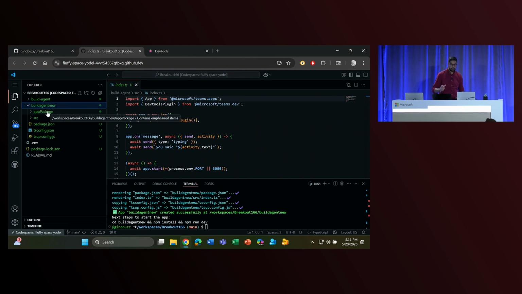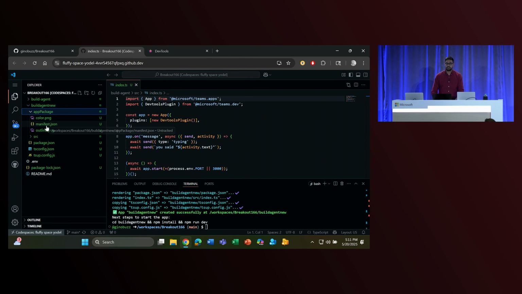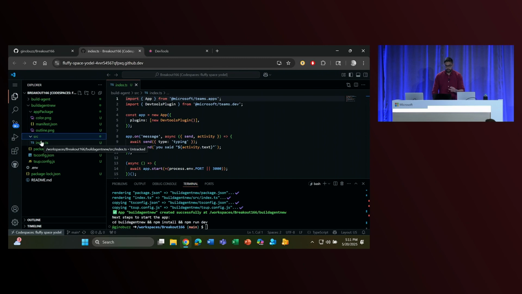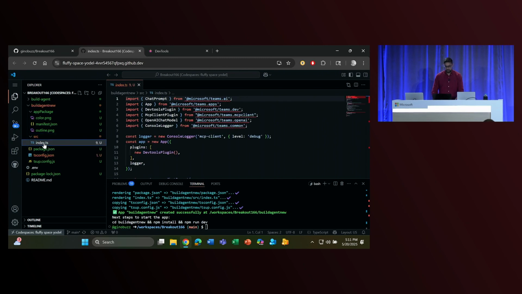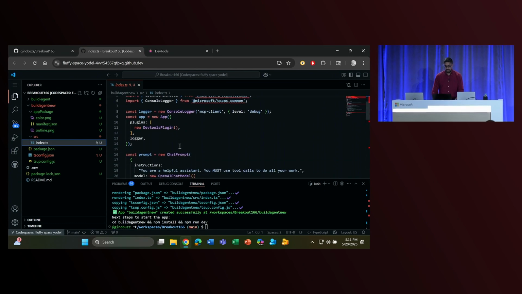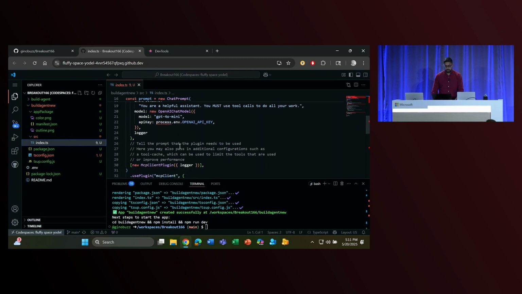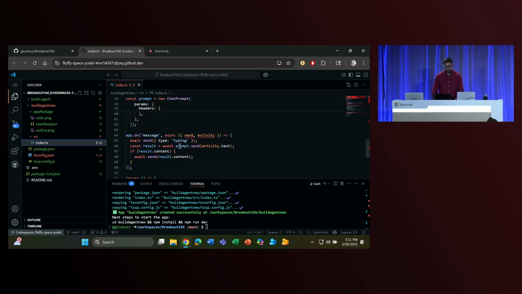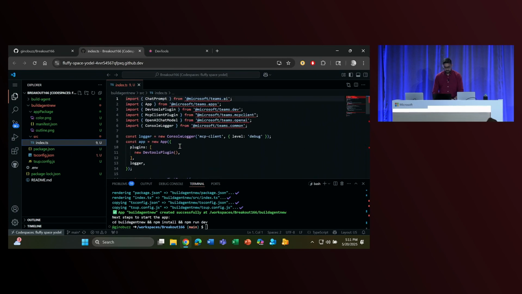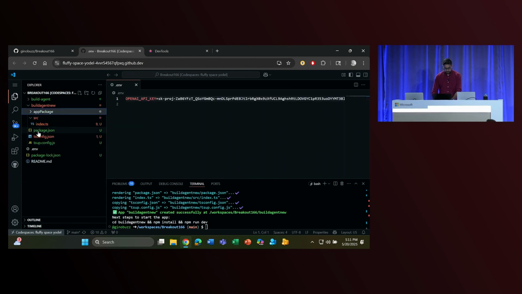Now this new project has all the lines of code written for you to have a functional agent in Teams. If you look at the app package folder, this already has the PNG files as well as the Teams JSON file, which is required for you to have a regular agent. And all the magic for the business logic for your agent lies in index.ts. This is where we're going to define how you call the LLM, what kind of plugins you use, and then what kind of business logic is added to it. Now, we'll get to these details, but let's hit our install so that we can